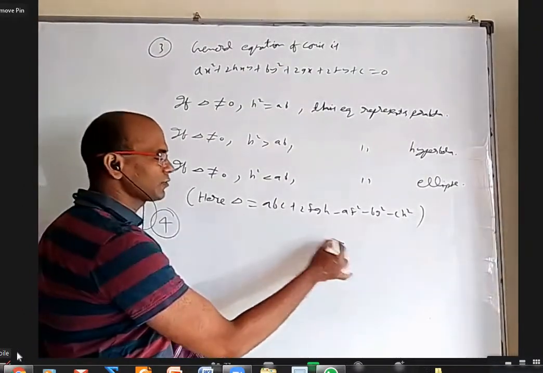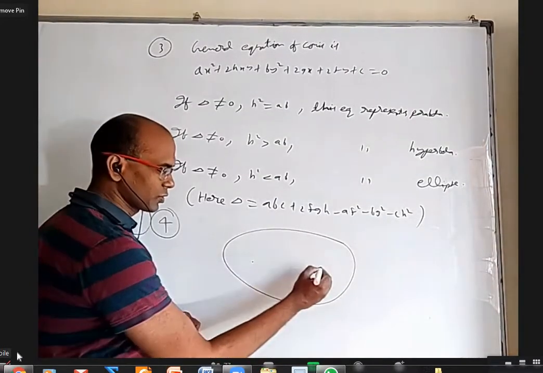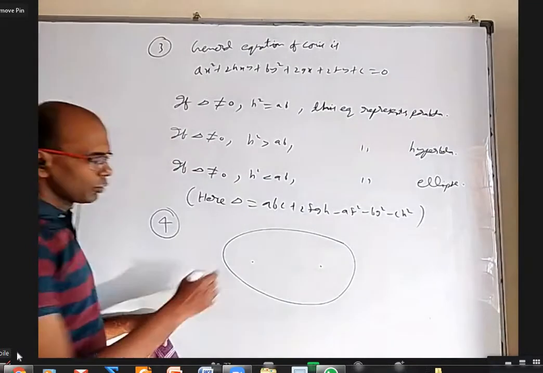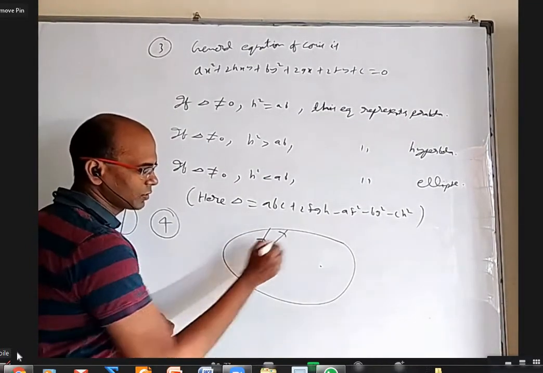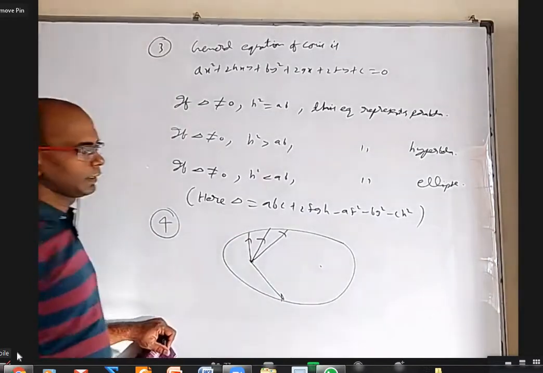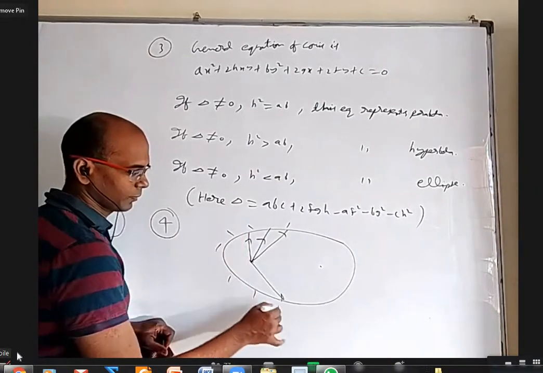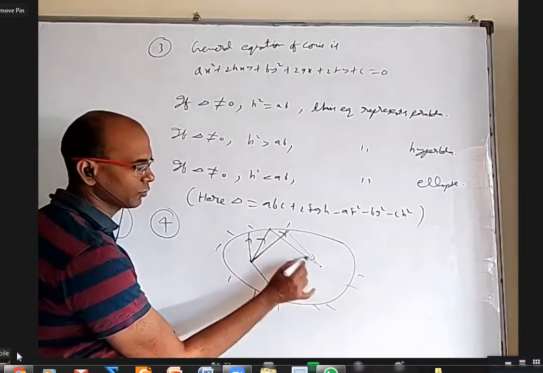Even an ellipse also has one nice property in optics. An ellipse will have two foci. You send any light ray from here, like this or like this or like this or like this. Okay. If this is silvered outside, after reflection, they all will pass through the other focus.